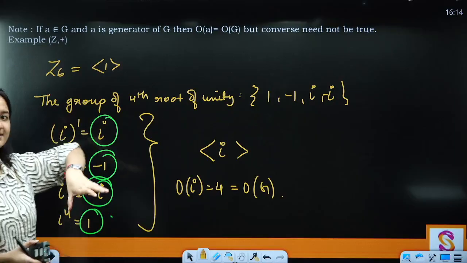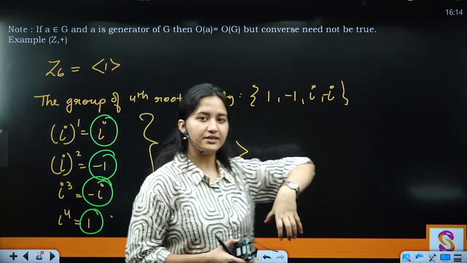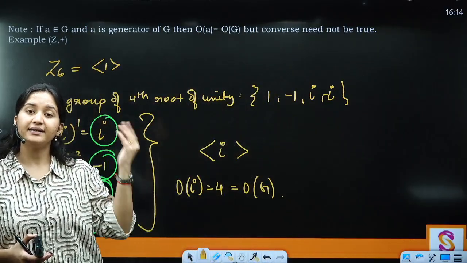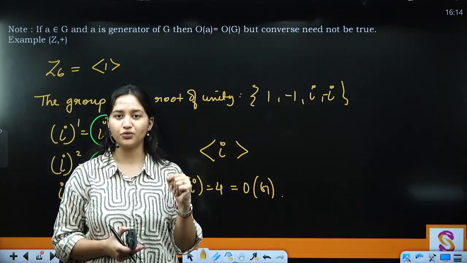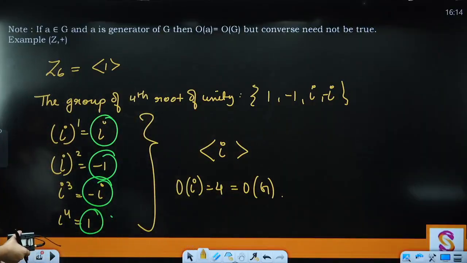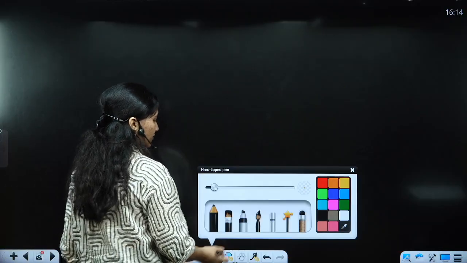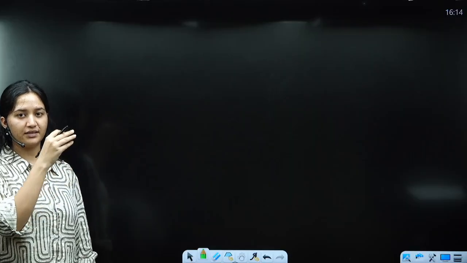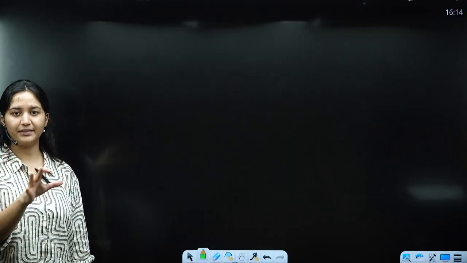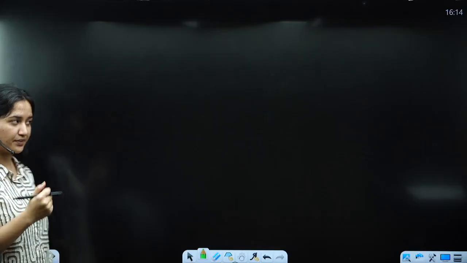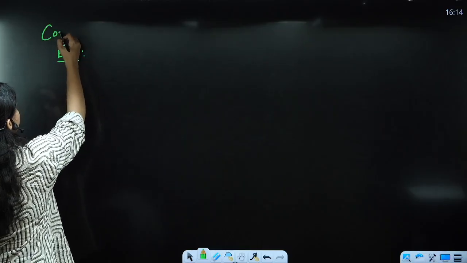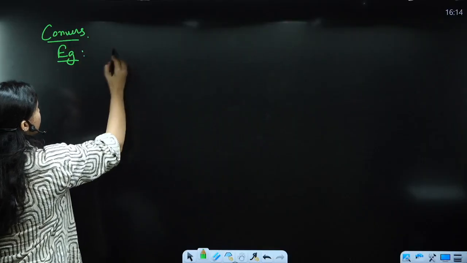That means if there is an element of order equal to the order of the group, that means that element is going to generate the whole group. No. For that, we can take one more example. If you want, you can pause the video here itself and brainstorm about such a group where the order of the group is equal to the order of some element, but that element does not generate the group. Okay, so one such example is going to be, यहाँ पे I will write the converse example is going to be Z plus.